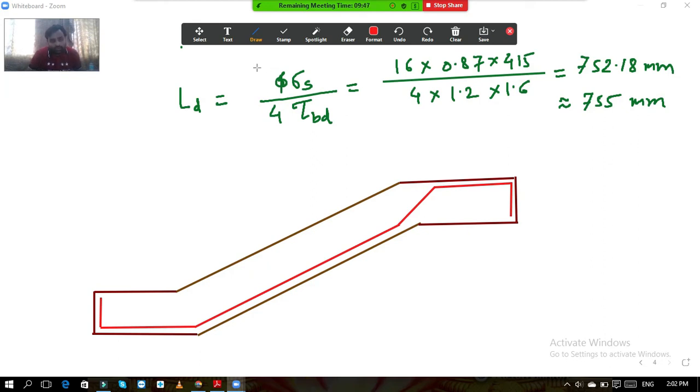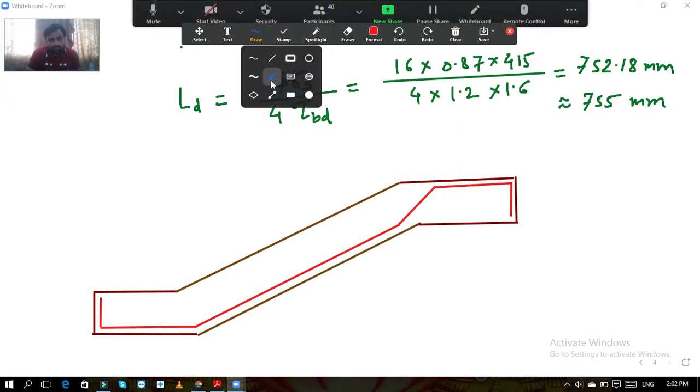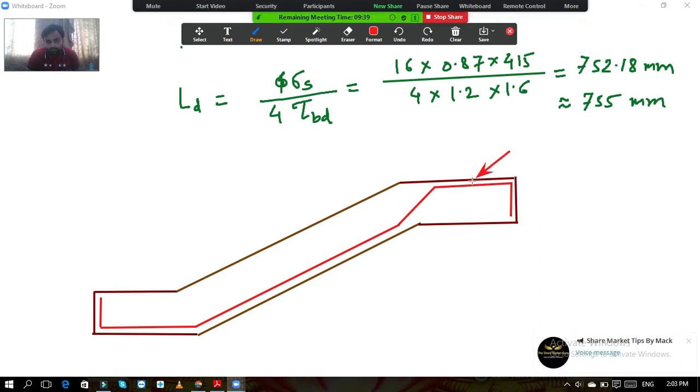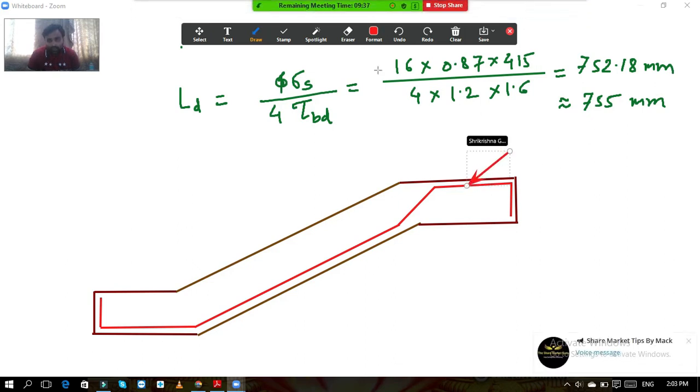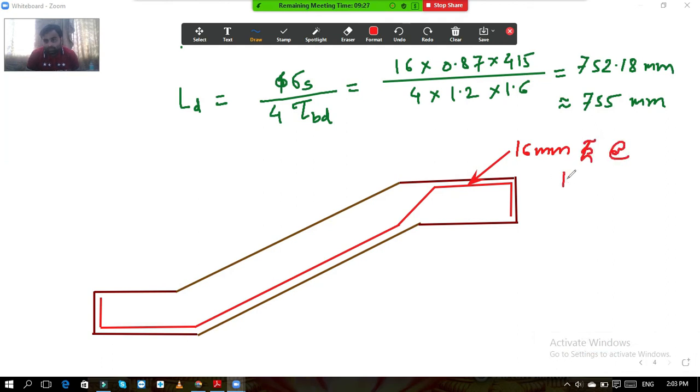You know that it is a 16 diameter bar. For this bar, if we give the name, so this bar is 16 diameter at about 160 center to center. Okay, this is the bar, and the distribution steel is,